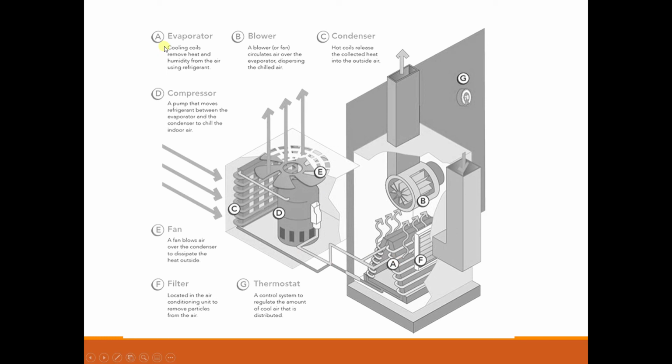We should start from A. A is nothing but the evaporator, where we are going to put the load. Then it's a blower. Blower is nothing but going to push the air, right? And it will push the air or suck the air, both things we are using. And it will go to the condenser. Condenser, you know that the cooling action is going to take place. Then it will go to the compressor. Then the fan is going to cool down the condenser and push the air, right?